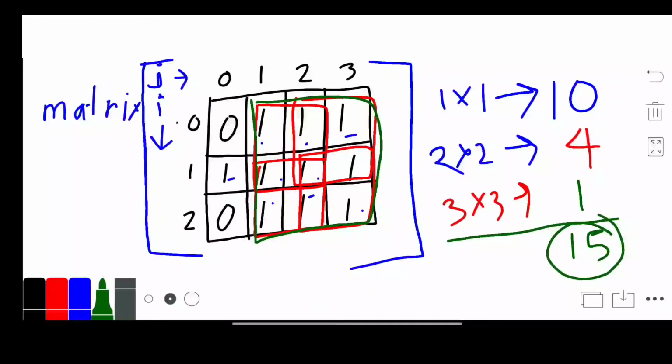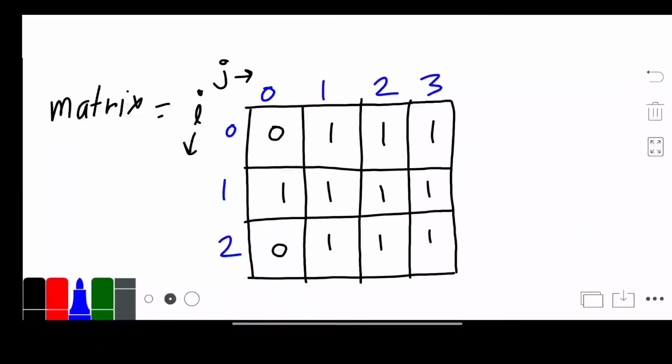Now I will move to the solution part. This is exactly the same as the maximum subsquare matrix question, with just a little bit of difference. If you have still not solved it, go to the description link or I button. Now we will solve this question using the given example. First we take a row, that is i, and a column, that is j. We will start our iteration from row 1 and column 1 up to the length of row and length of column. So we start our iteration from this point.